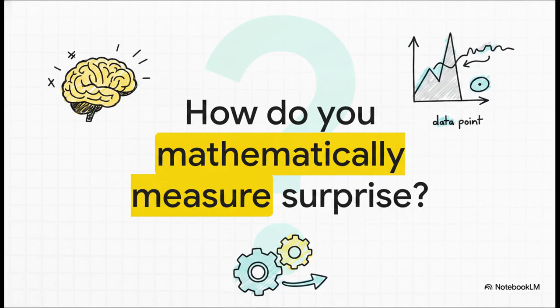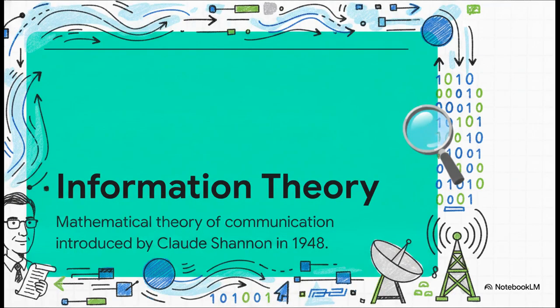And to understand how on earth we compute an emotion, we kind of have to look back to the origins of a very specific mathematical framework. That framework is information theory. It was introduced by Claude Shannon in a groundbreaking 1948 paper while he was working at the AT&T Bell Telephone Laboratories. Information theory literally gave us the tools to quantify, store, and communicate information. I mean, Shannon is the guy who introduced the word bit to describe a stream of ones and zeros, completely paving the way for the entire modern communications revolution.